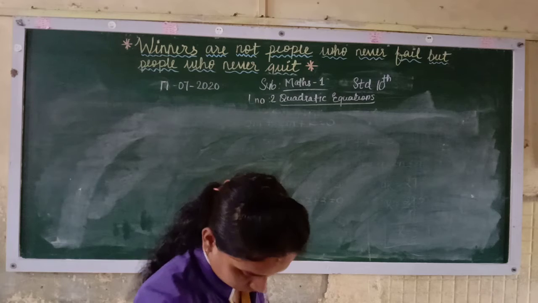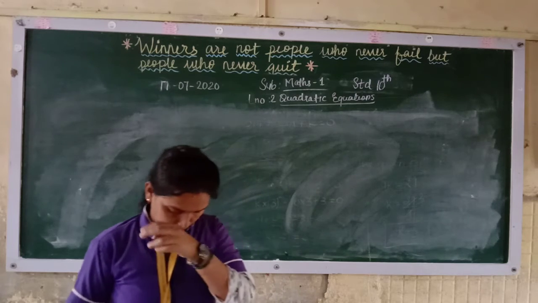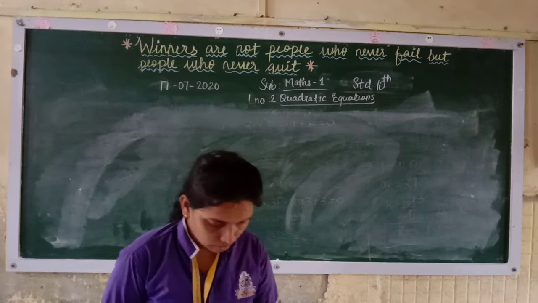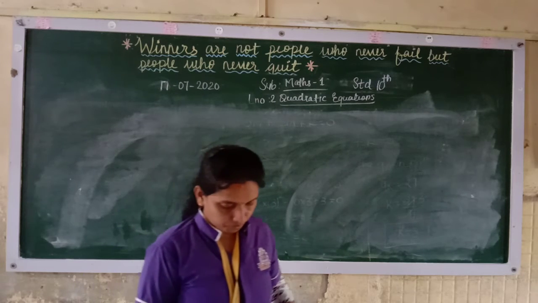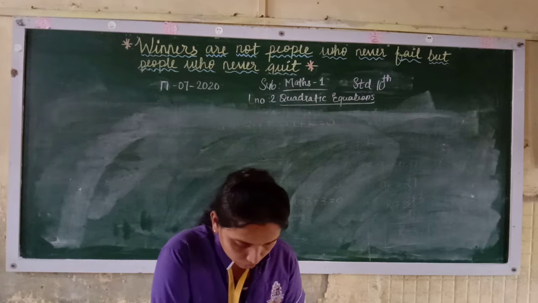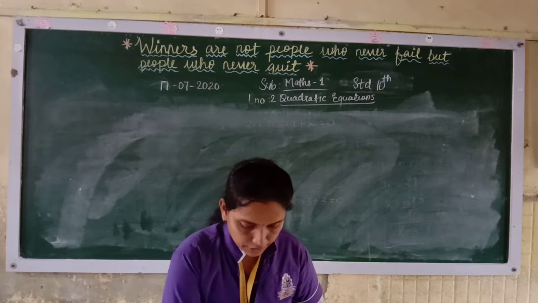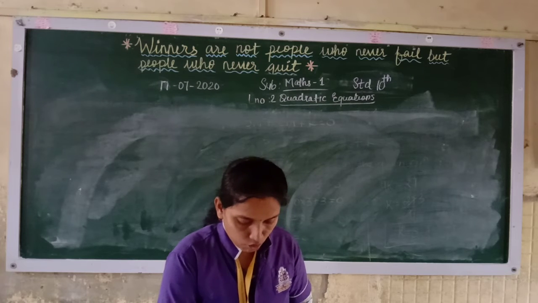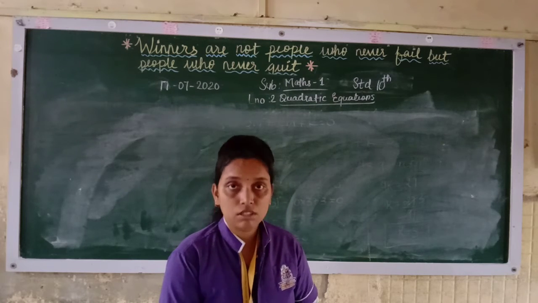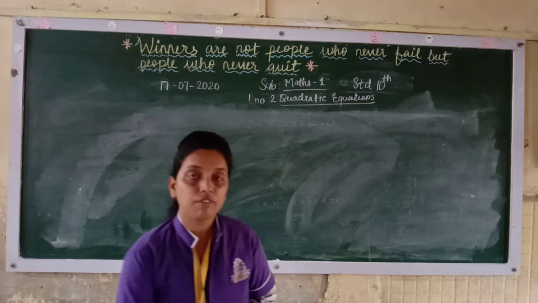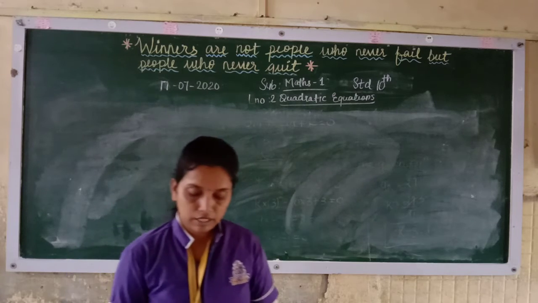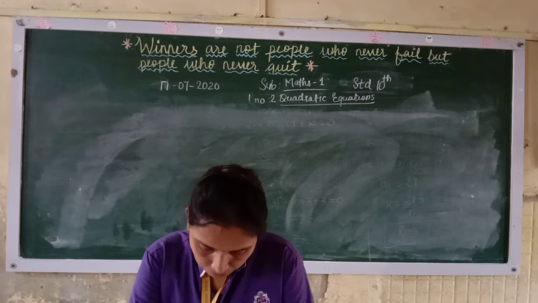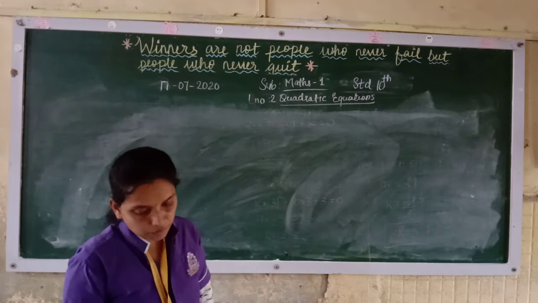Further, this is how you will do the practice set 2.1. Last year you have studied the methods to find the factors of the quadratic polynomial. So you know how to find out the factors, and that way we are using the method of factorization for quadratic equations. Now one sum we will do.